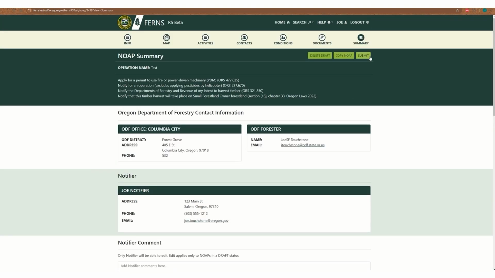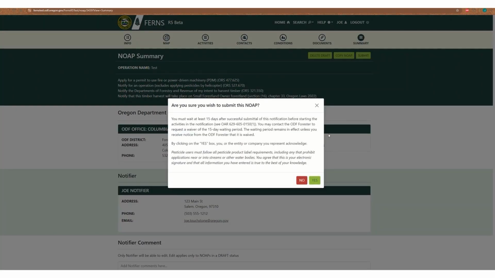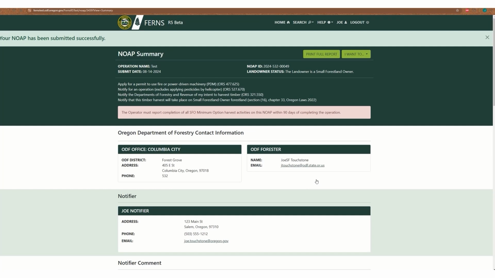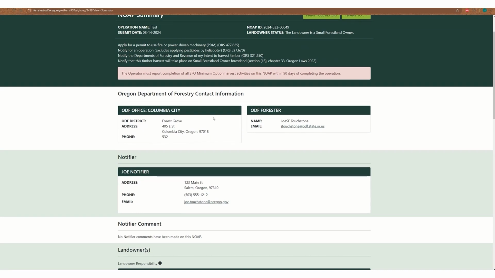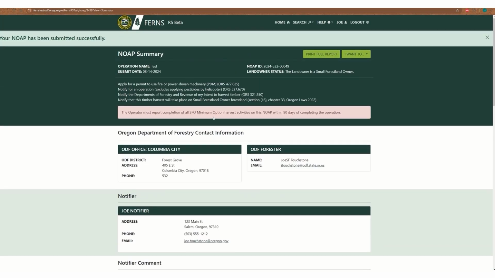So once we are complete with this, we will hit submit, hit yes, saying we have to wait 15 days before the operation is done, and then we have successfully submitted the notification. You will get a notification ID up here once you have submitted. It shows the submit date, and again, the Stewardship Forester will be following up with you. So that is how to submit a small forest landowner harvest notification with the updated